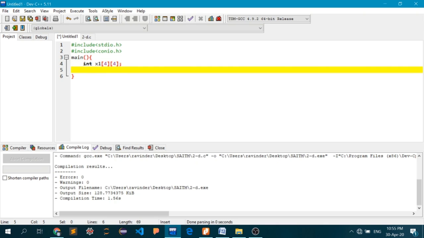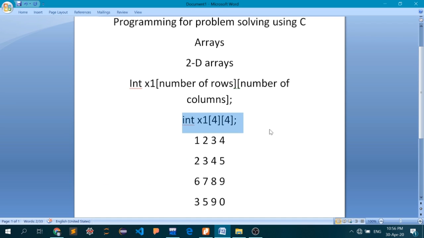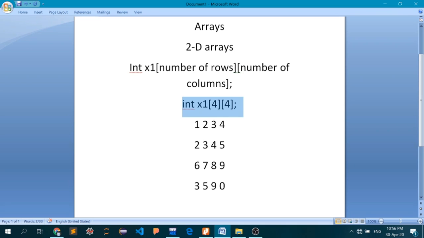Okay, now we'll start asking the user to insert values in this matrix one by one. For that we have to go through each and every row and column of this particular matrix. What I'm trying to say is, if I want the user to input values dynamically, that is from the keyboard, then first I have to ask them to enter the first row, first column entry, that is this one. Next, first row, second column, then first row, third column, then first row, fourth column.